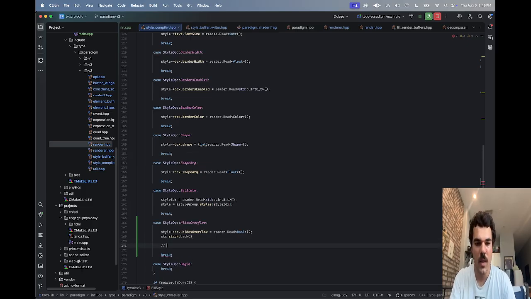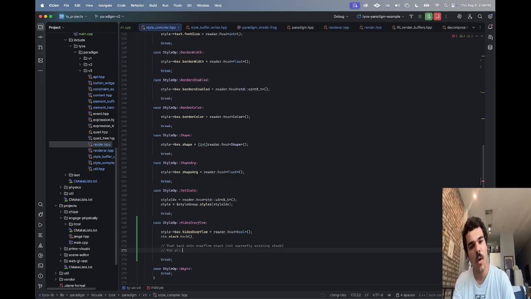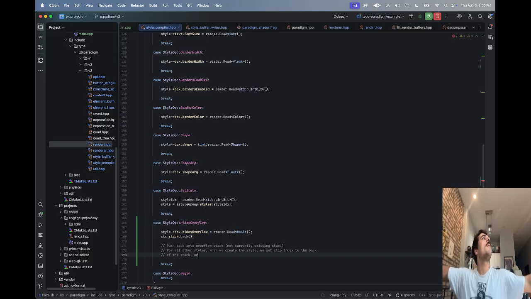So we're gonna say push back onto overflow stack, not currently existing stack. Then for all other styles, when we create the style, we set clip index to the back of the stack, or, well,